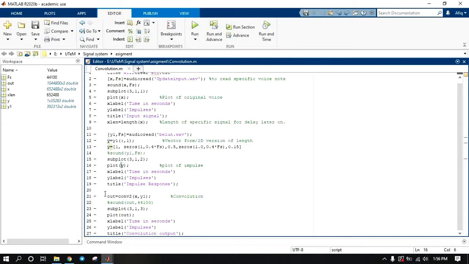Okay, the last graph is about convolution. We declare out equal to convo X, where X is the input and Y is my impulse. For the convolution sound, I just ignore it because I don't know the coding. I tried many times